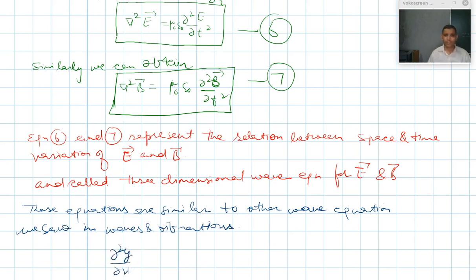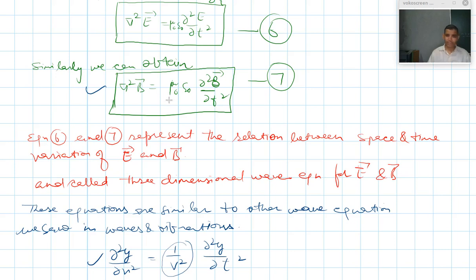Curly square y over curly x square is equal to 1 by v square curly square y over curly t square. So if I compare these two results, then 1 by v square is sitting in place of mu naught epsilon naught,